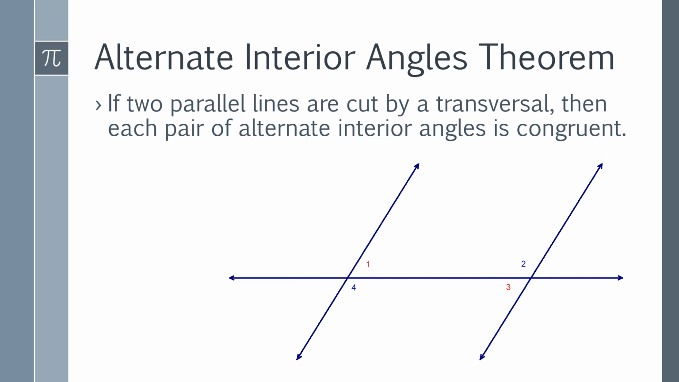Okay. Now we have a theorem, right? We have the alternate interior angles theorem. Theorem, alternate interior angles. So if two parallel lines, again, are cut by a transversal, then each pair of alternate interior angles is congruent. Well, one of the things we can look at with this is to say, okay, I